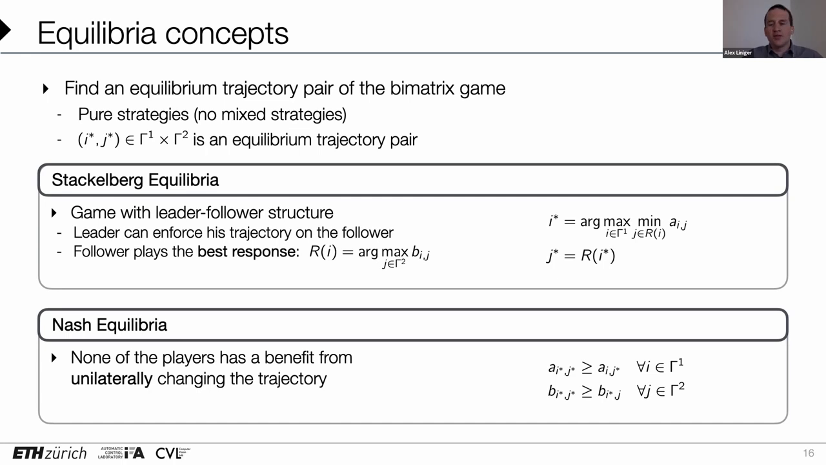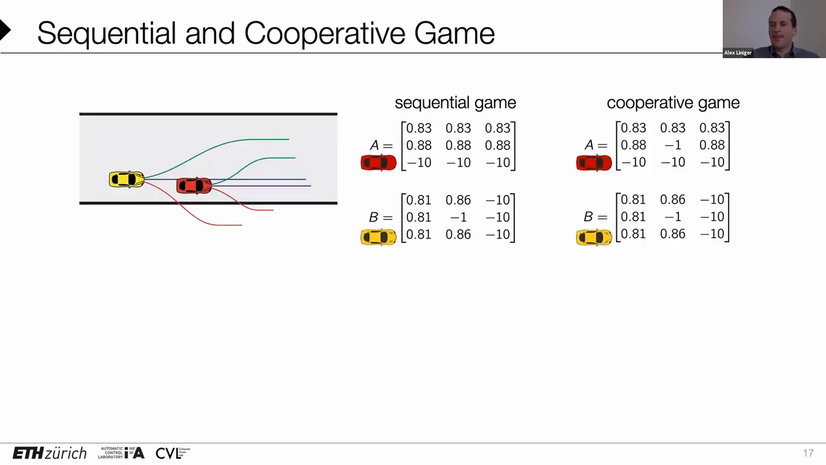And then the other one is the classical Nash equilibrium, where none of the players benefits from unilaterally changing the trajectory. Okay, so how does this look if we apply these equilibrium concepts to our games? So let's start with the sequential game. And I have to be honest, it's not really a game, because the decision of the leader, the red